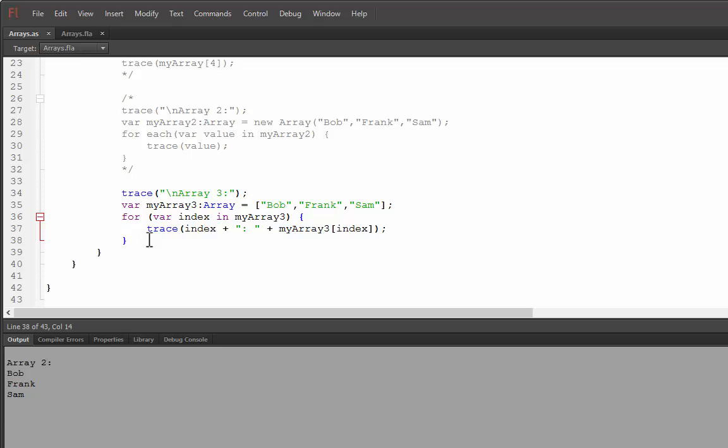And on the next 3 lines we've got another loop, but this one is different to the for each loop that we just saw. It's just a for loop, but it's different to the for loop that we saw in earlier videos when we were looking at the while, the do while and the for loop. This for loop is slightly different. We're declaring a variable called index, which changes as we loop through